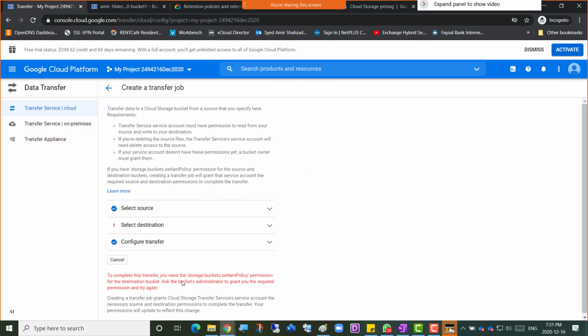To complete this transfer, you need the storage.buckets.setIamPolicy permission for the destination bucket. Ask the bucket's administrator to grant you the required permission and try again. On the bucket, I did not give, so it says